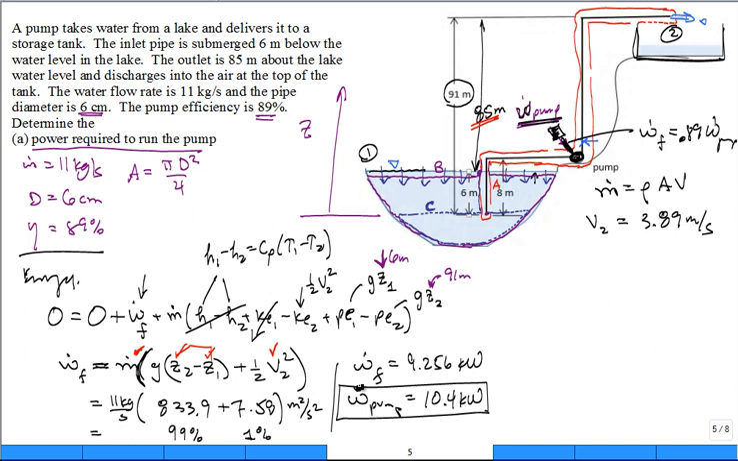Of that 10.4 kilowatts, 9.256 kilowatts went into increasing the mechanical energy of the flowing fluid, which was realized in bringing it elevation, 99% of that to raise its elevation, and 1% of it to throw it out the pipe at the high end. All right,